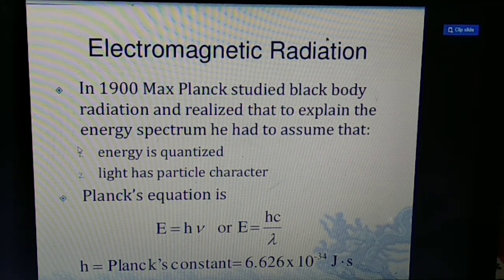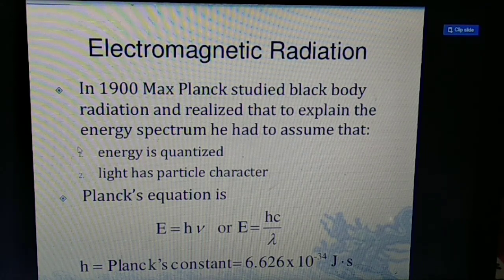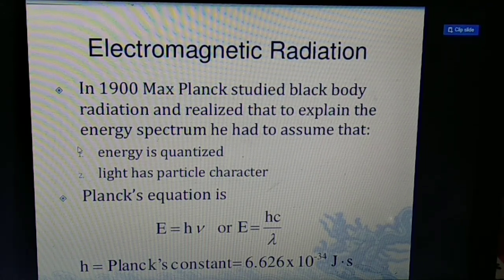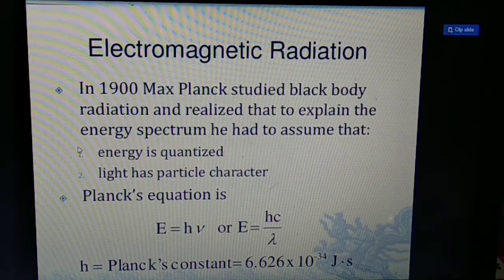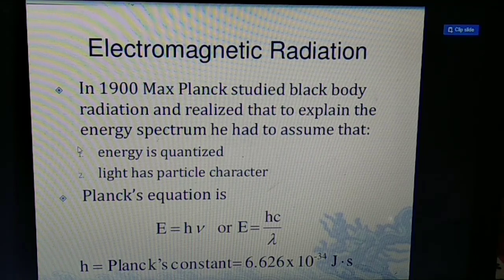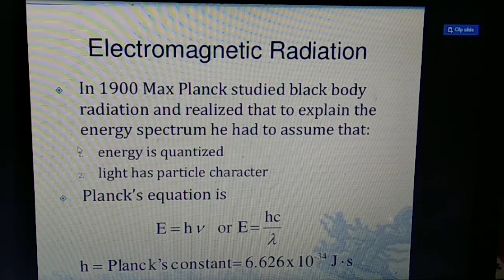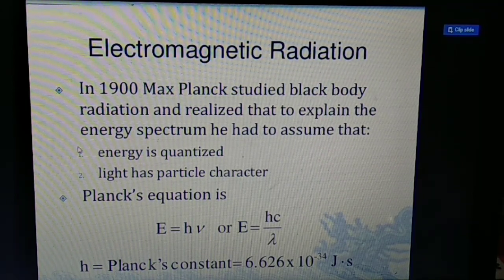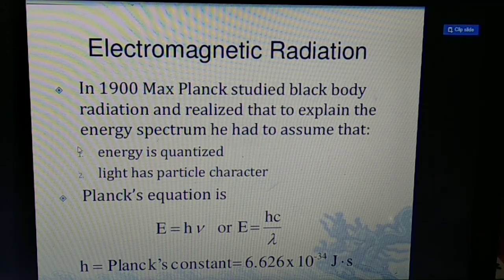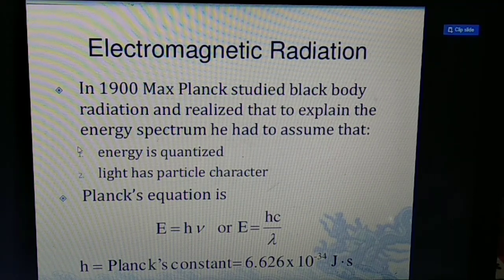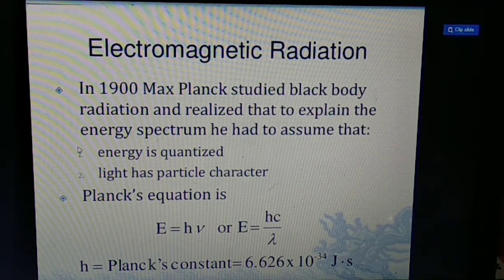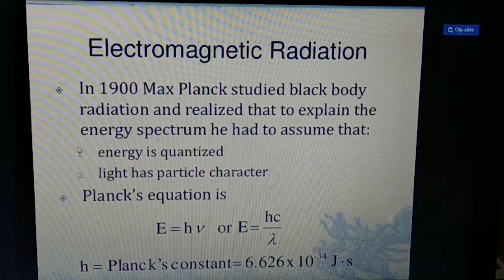Students, we have learned. Next, students, we have learned the electromagnetic radiation. That is, the light emits the radiation which has the wave character and the particle character. So according to wave character, c equal to lambda into nu, the relation that we have studied, and we have to do many numericals related to the formula. Another thing, students, I have discussed the different characteristics of the wave, like wavelength, amplitude, frequency, and wave number. Wave number is the inverse of lambda, that is, wave number is equal to inverse of wavelength.